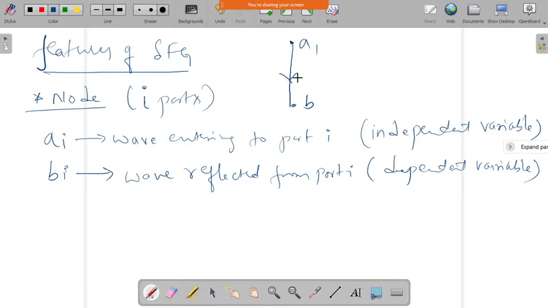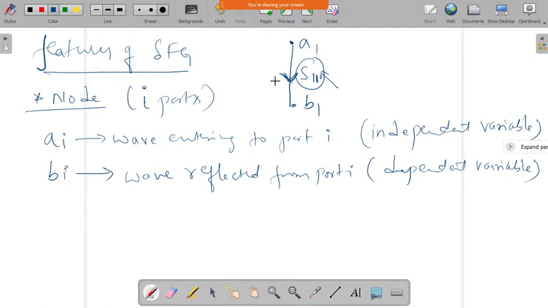It will go from the independent variable to the dependent variable. If I take this as the independent variable and this as the dependent variable, the branch always goes from the independent variable to the dependent variable. It also represents the signal flow. You can see the arrow is very important, showing from which variable to which variable it is flowing. And the nearby representation next to the arrow is the multiplying factor for this branch.